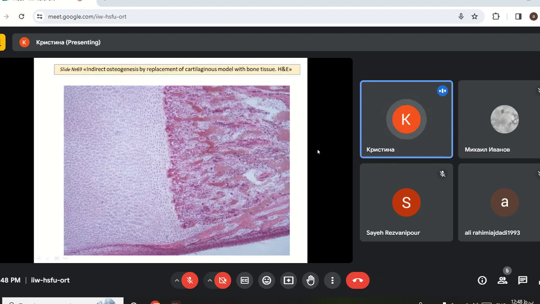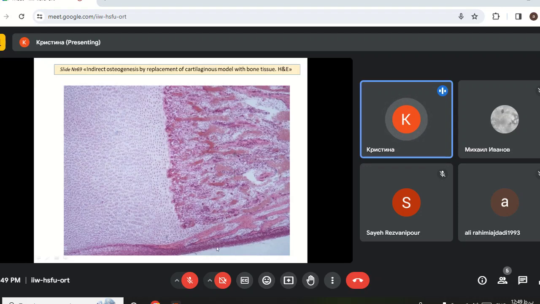At high magnification, you can see here the metaphyseal plate. This is the zone of the reserve cartilage. This is the zone of the proliferation, where we have the columns of chondrocytes. This is the area of hypertrophy, because the chondrocytes become larger than normal. And this is the area of calcification and resorption of the cartilage. This is the perichondrium. It is